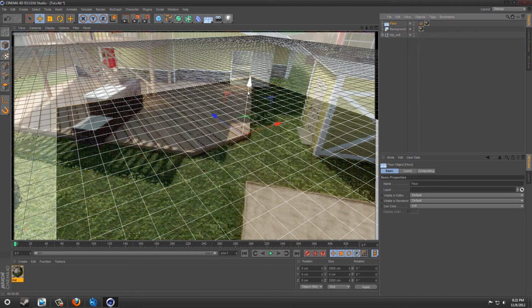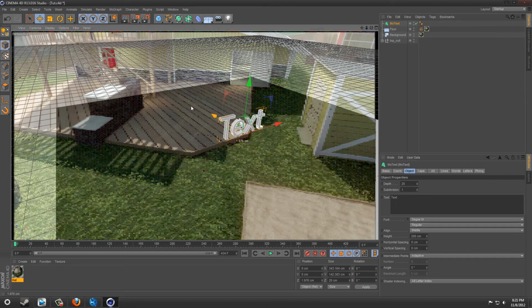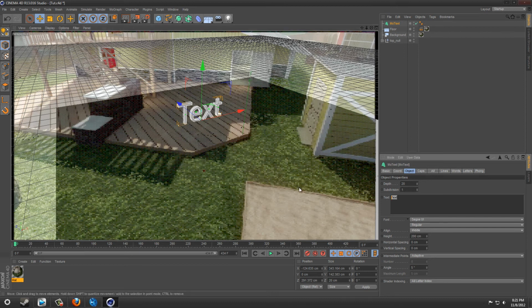So now once we've done that, you just add your text or whatever. So I'll just do something quick here. Go add some MoText. Middle, and you might need to rearrange the text a little bit, but it'll still track fine. So just put it there. Let's see, we'll do